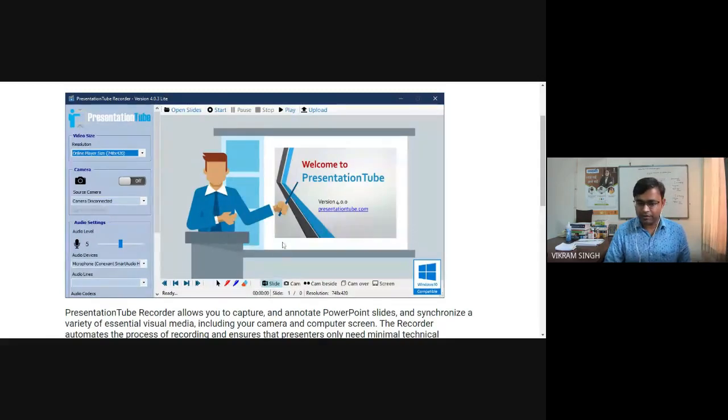So whenever we go for the very first mode, which is called slide mode, in this slide mode, you need to import the slide, right? So this option called open slide. You can simply import a PPT content or a PDF content, which is having slides. After importing the PPT, you can simply click on play or start, right? If you have selected this slide mode, it will simply move the slides along with your audio input, right?